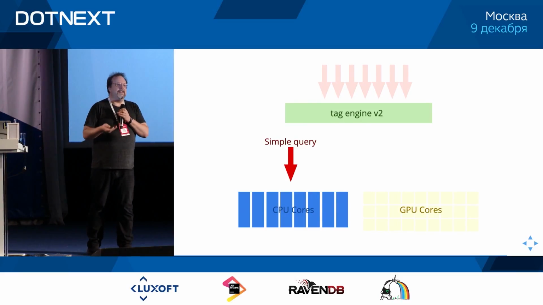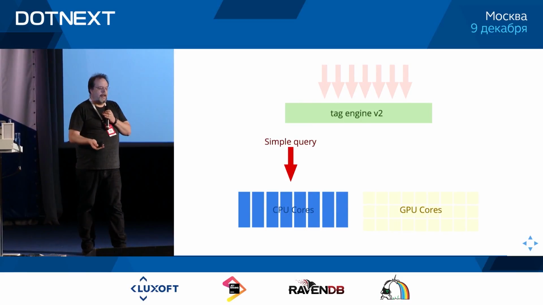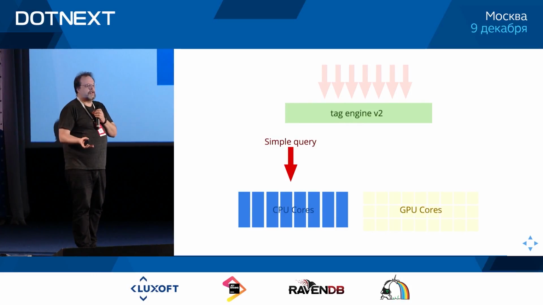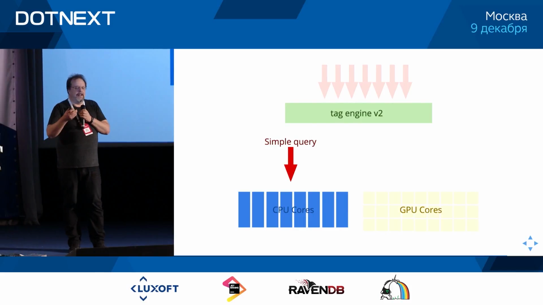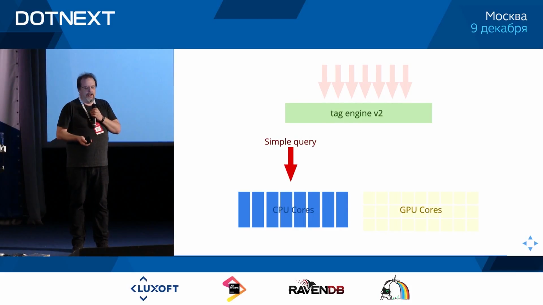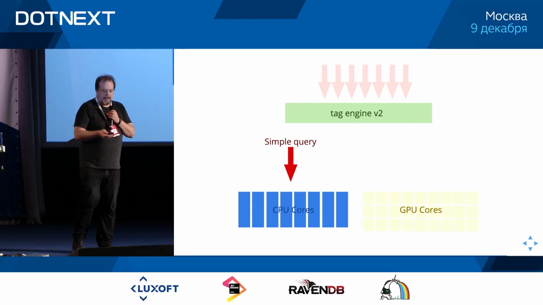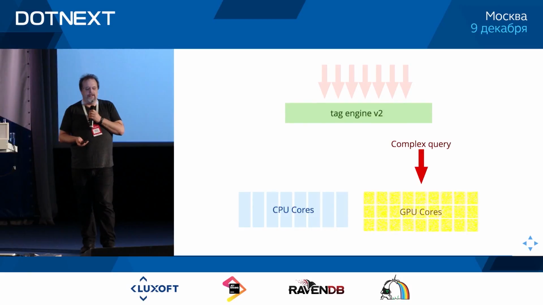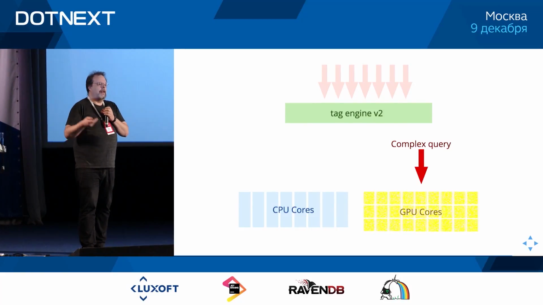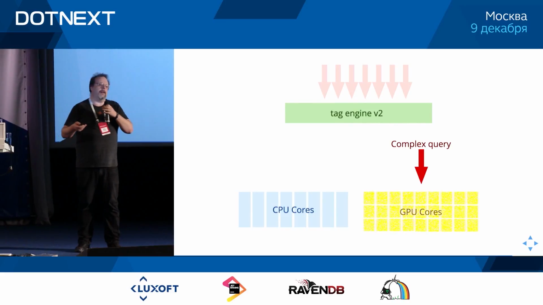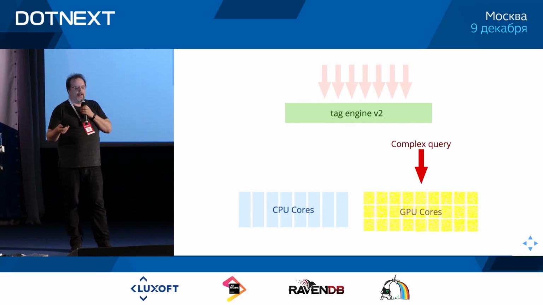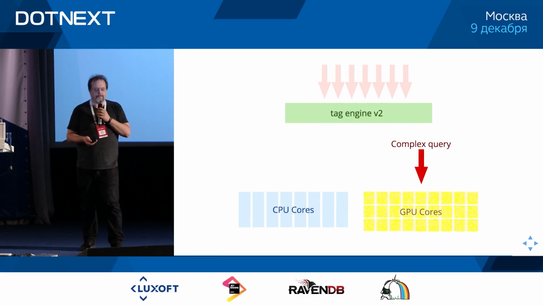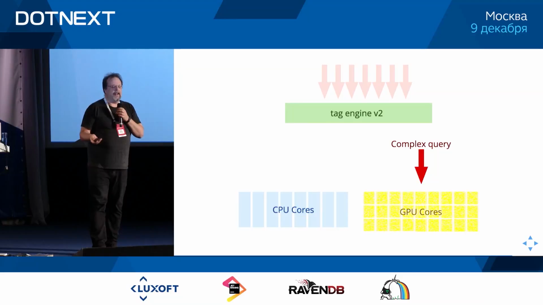But if the scan is slow because it's complex, then the fact that you're dividing just by 8 cores is going to be a problem, because still 1/8 of the work is slow. So with GPU cores, we could actually make it run the complicated ones. So this is how we built it. If you're making a simple query, it will go through the normal CPU cores, but in the other case, it goes through all of